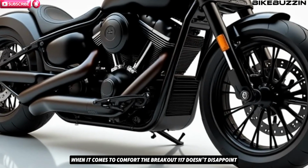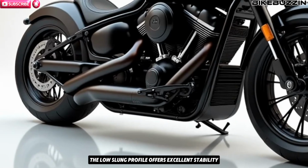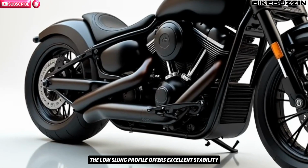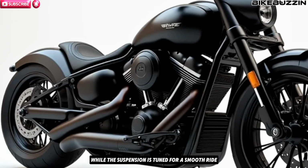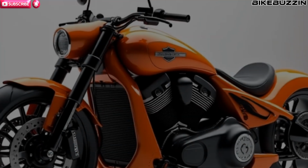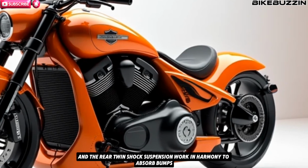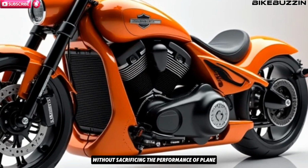Handling and ride comfort: a cruiser built for the long haul. When it comes to comfort, the Breakout 117 doesn't disappoint. The low-slung profile offers excellent stability, while the suspension is tuned for a smooth ride, perfect for those long cruising sessions. The 49mm front forks and the rear twin-shock suspension work in harmony to absorb bumps without sacrificing the performance